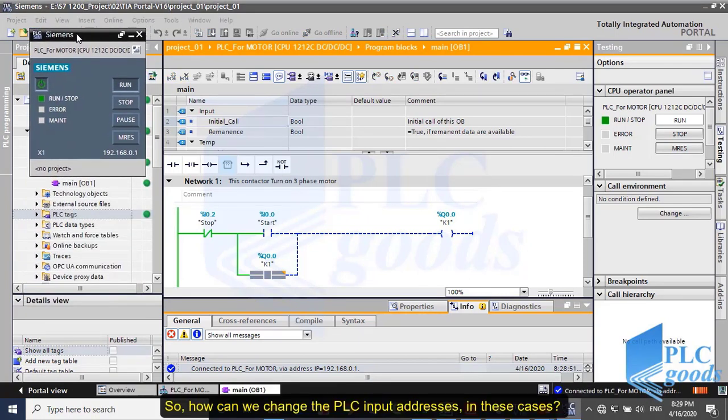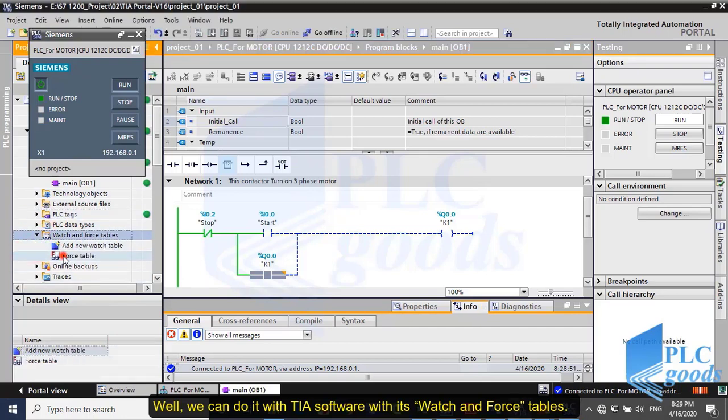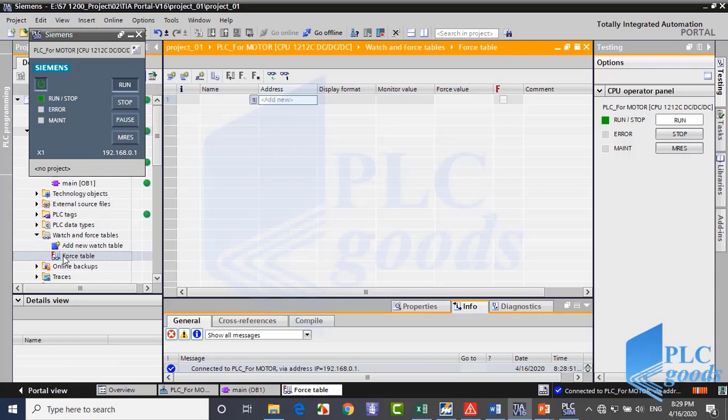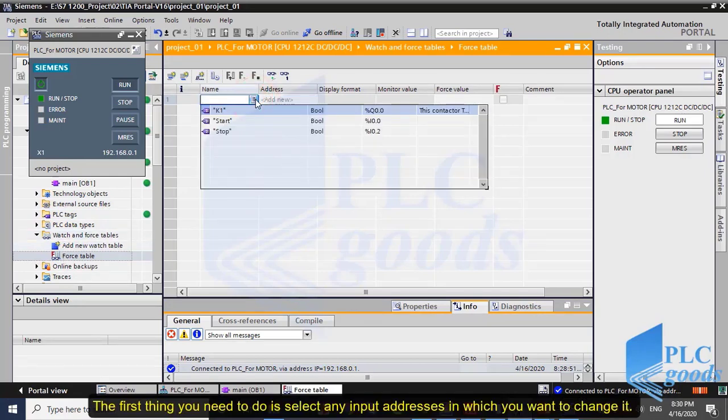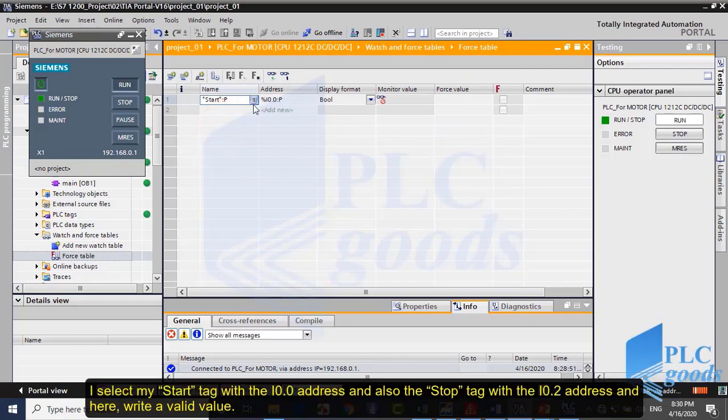So how can we change the PLC input addresses in these cases? Well, we can do it with TIA software with its watch and force tables. Click on the force table. The first thing you need to do is select any input address in which you want to change it. I select my start tag with the I0.0 address and also the stop tag with the I0.2 address, and here